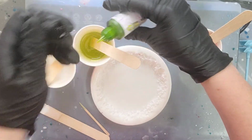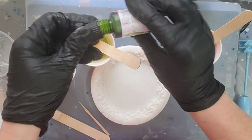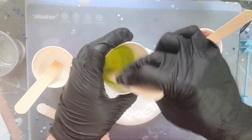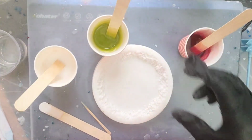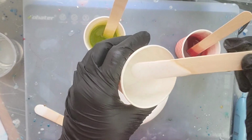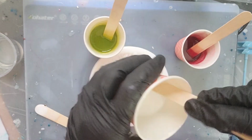But yeah, I think I'll add a few more drops there. But for the actual recipe itself, how many drops to use and so forth, definitely want to go to the resin courses website. This is my white, it's already pre-mixed, and it almost looks opaque, but when you use a